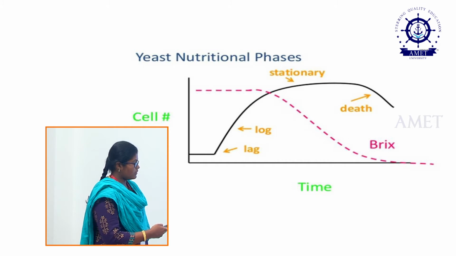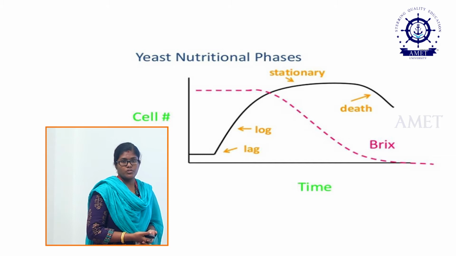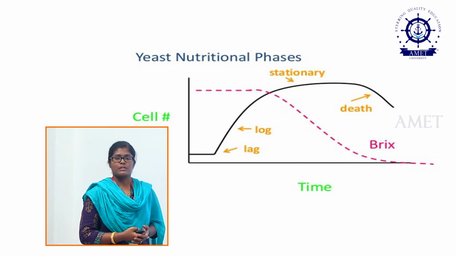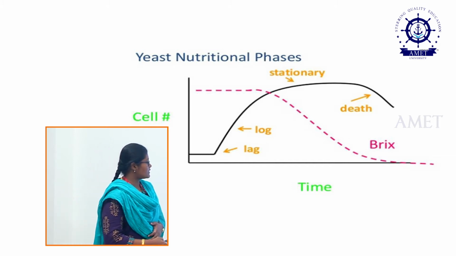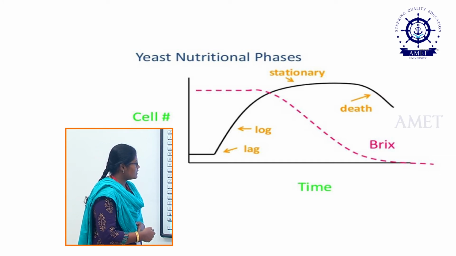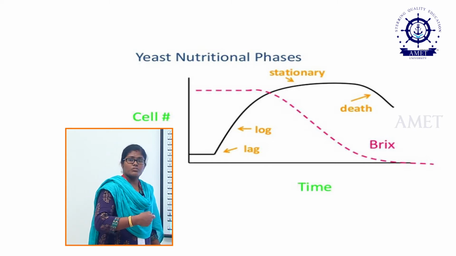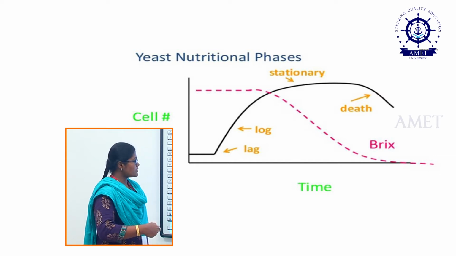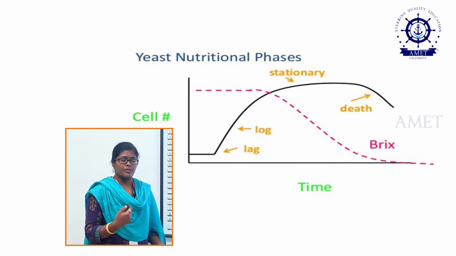Once the yeast starts consuming the sugar, glucose, which is present inside the beer, what happens? The first stage is the lag phase, where the yeast consumes the sugar which is present and is in a dormant state. Once the yeast starts consuming more and more sugar, it enters the stage called the log phase, where the yeast starts reproducing